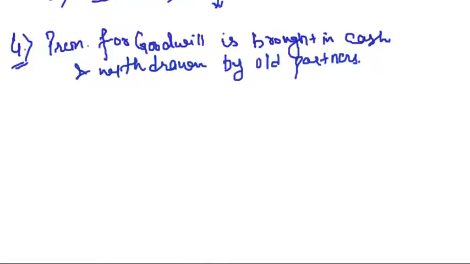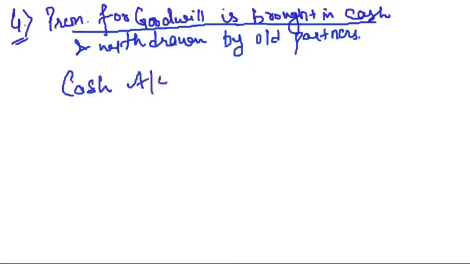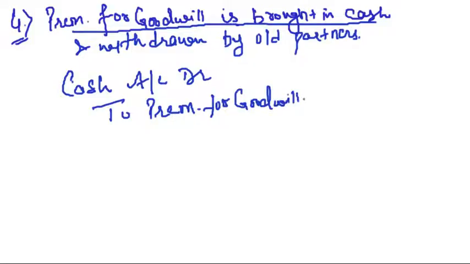Now see, first we will do the journal entries for the first part, that the premium for goodwill is brought in cash. What is the journal entry? Cash account debit to premium for goodwill account. Clear? Now this premium for goodwill we will adjust through partners' capital accounts, because this premium is